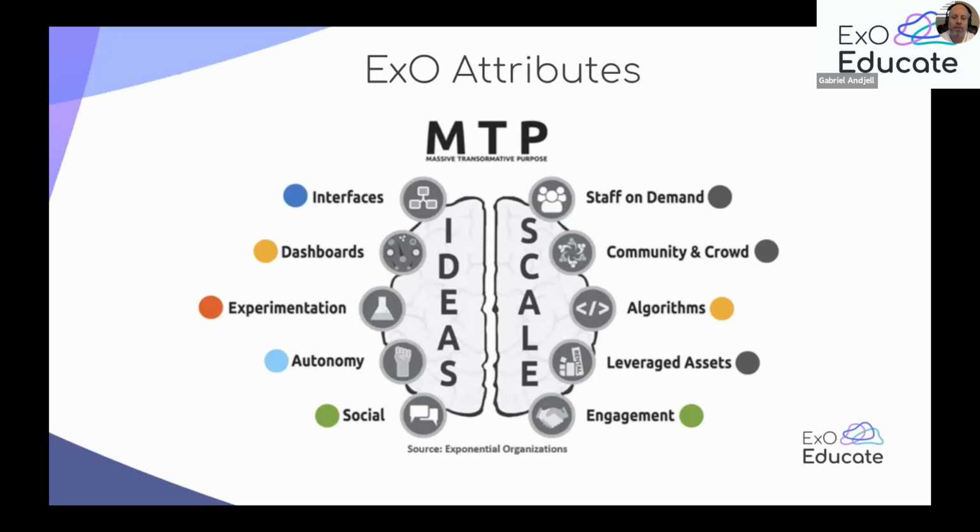Leverage assets is about the most efficient way of organizing my business model: instead of putting money into fixed assets, which is costly, how can we leverage assets that are ready to use? A very easy example of leveraging assets is co-working spaces. Instead of having my own office and my own building, let's rent space and leverage other assets. That applies not just to offices, but to any type of asset that we are looking for.